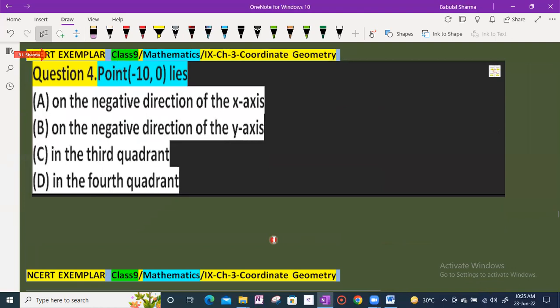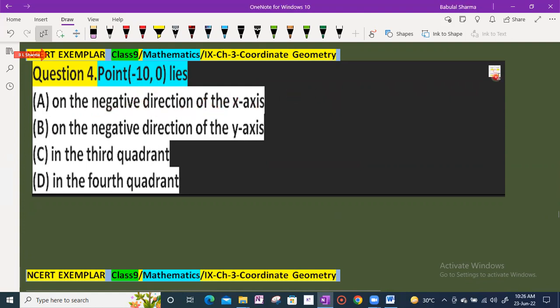Next question is on your screen now. Point whose coordinates are -10, 0 lies. Again, we know here y coordinate is 0. If y coordinate of any point is 0, the point will lie on x-axis. किसी भी point का y coordinate 0 होता है तो वो point x-axis पे lie करता है. And here see, आप देखें यहाँ पे the x coordinate is -10, means this point will lie on the x-axis